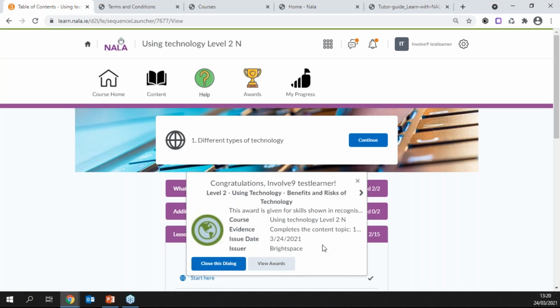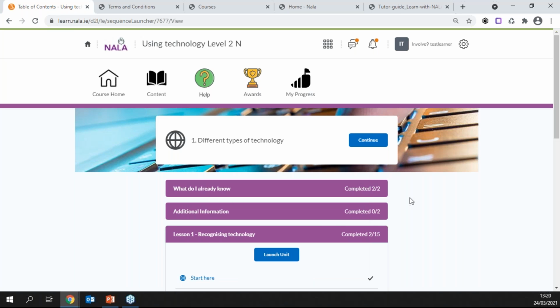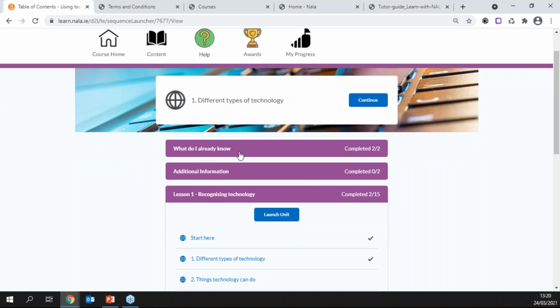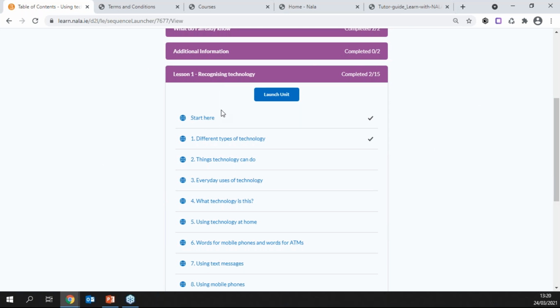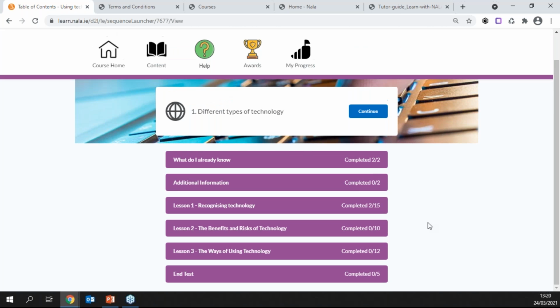So there are awards or badges that we give for completing work successfully. If the learner didn't do that block, they would get those same badges if they worked their way through a complete lesson. Okay. So in this particular case, the end test has appeared,